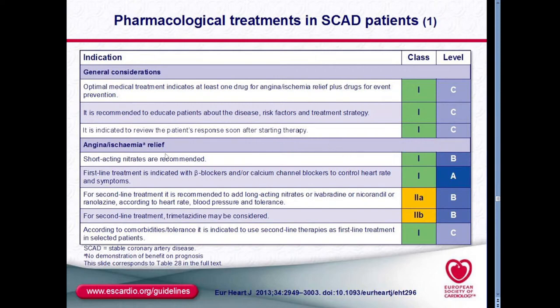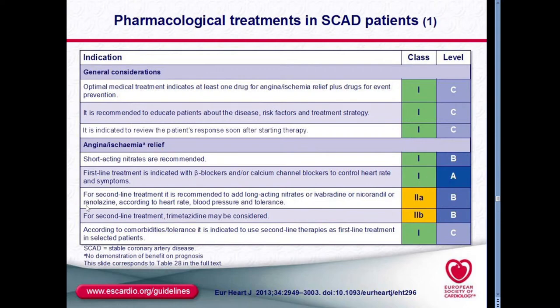Angina ischemia relief. So, short-acting nitrates are recommended, like nitroglycerin, some inhaled nitrates. You see a good level of evidence. The first-line treatment is indicated with beta blockers and or calcium channel blockers to control heart rate and symptoms. Class of recommendation 1 and level of evidence A. The next,